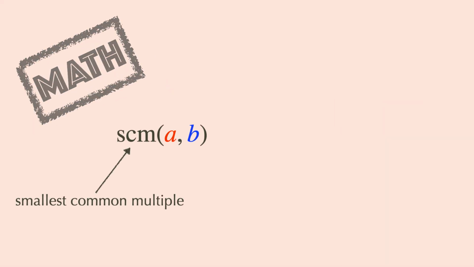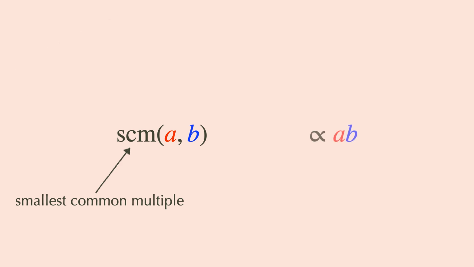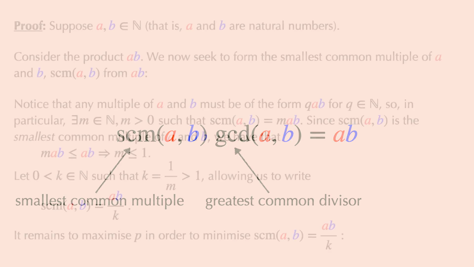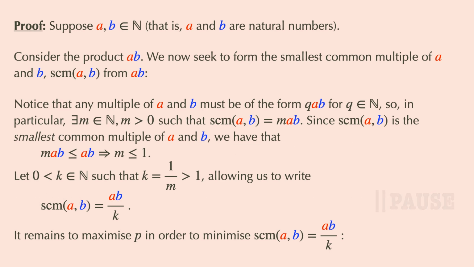Namely, we use the fact that the smallest common multiple of any two numbers is proportional to the product of these two numbers up to a factor. And this proportionality factor is the greatest common divisor, the GCD, of the two numbers. You can pause the video here if you want to go through the proof of this relation in detail, but